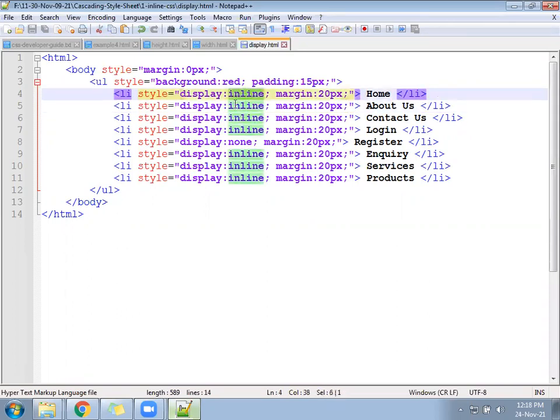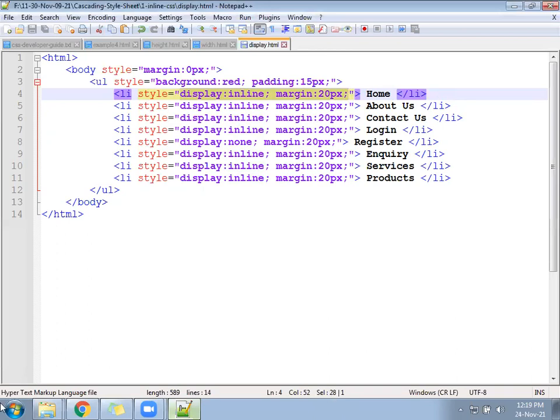Inline, how many characters? Okay, not only inline. From here to here I have selected, and it says the selection is 28 characters. Okay, 28 characters.